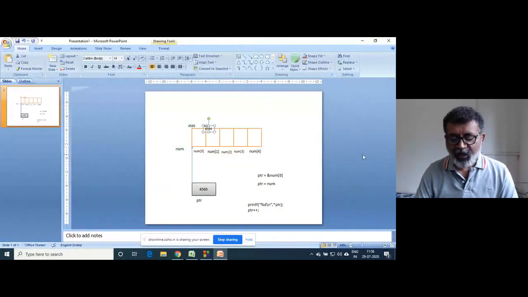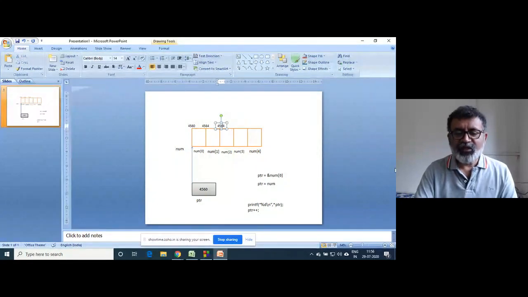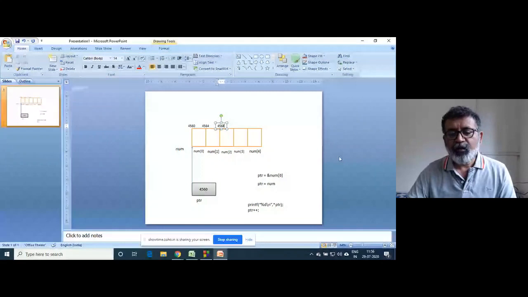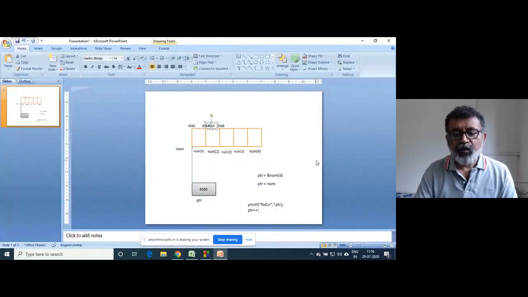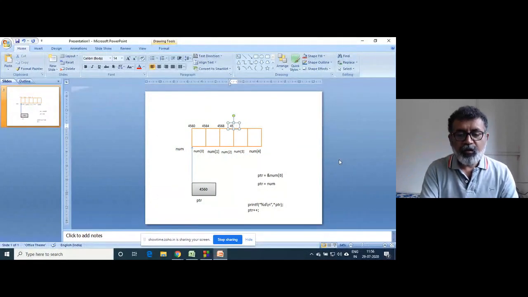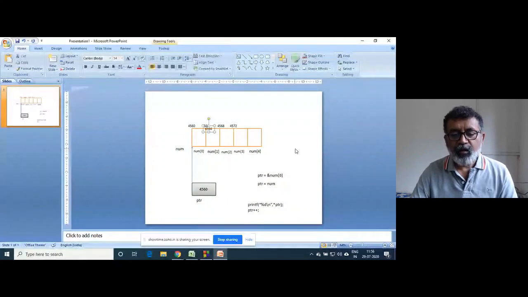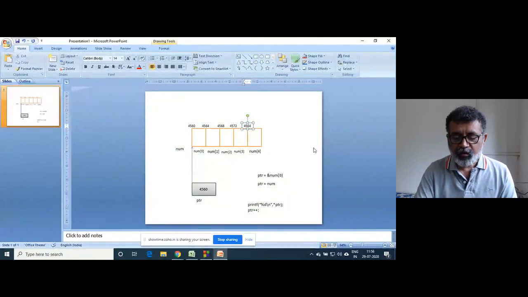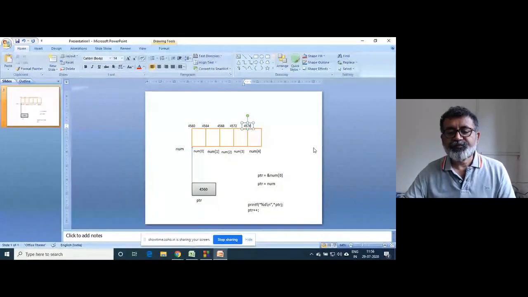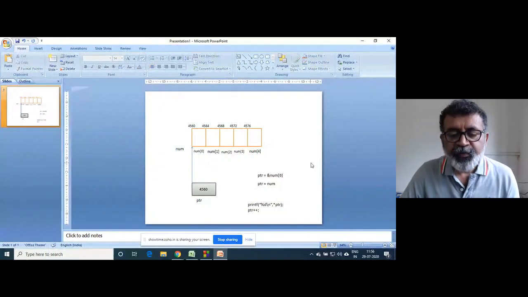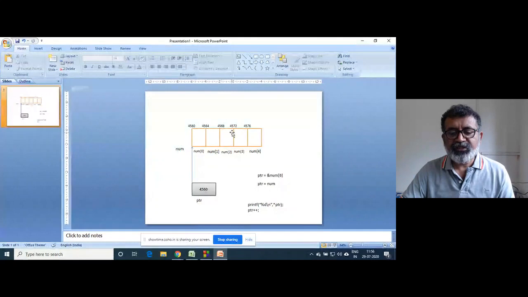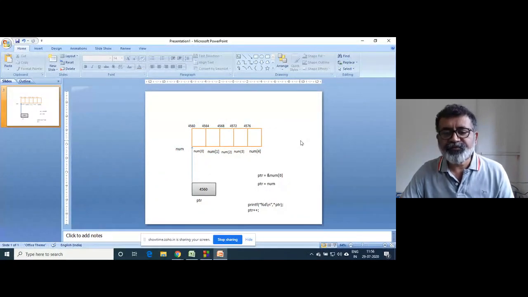In the animation, if I had taken an integer as 4 bytes, then you will find 4560, 4564, 4568, 4572, and 4576, like that. But the concept is the same.